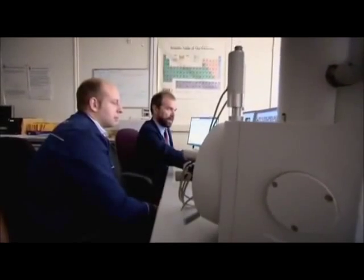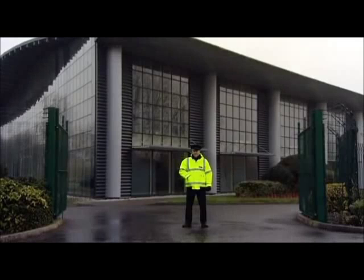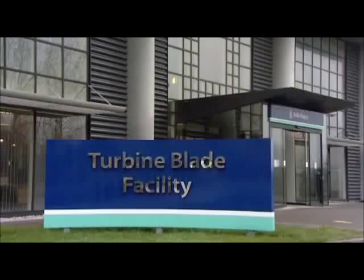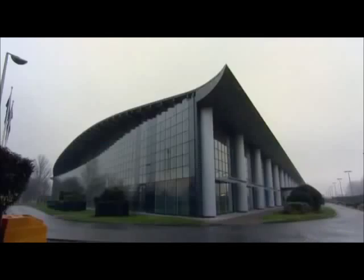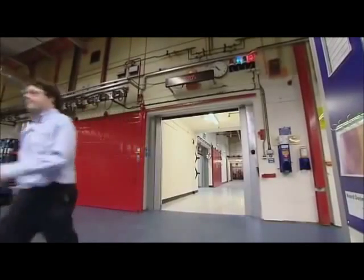Even the finely balanced alloy recipe isn't the most advanced technology in the turbine blade. To cast the metal into its complex shape, a unique process is used, and it's another very closely guarded secret. It's done at a purpose-built foundry in Derby, where one of the few people who knows the secret is casting engineer Owen Draper. If you take a normal piece of metal and solidify it from being molten, you'd end up